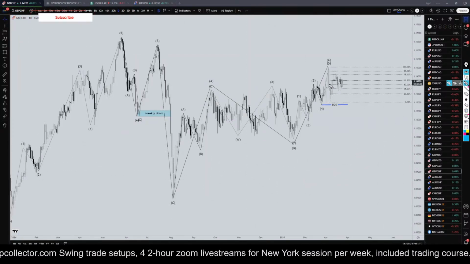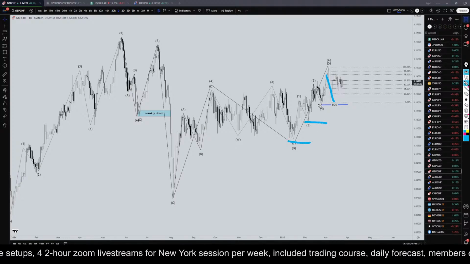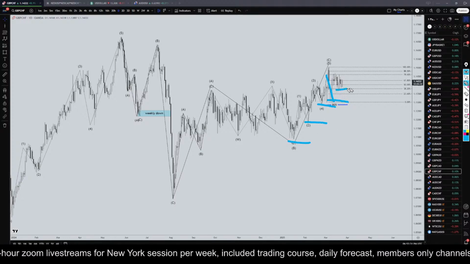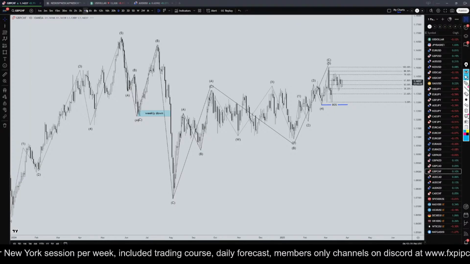But this move down did not break structure, so it is definitely still an uptrend. Higher low, higher low, higher low, higher low. It's definitely still an uptrend. So because it's still an uptrend, I would definitely be recommending longs. But